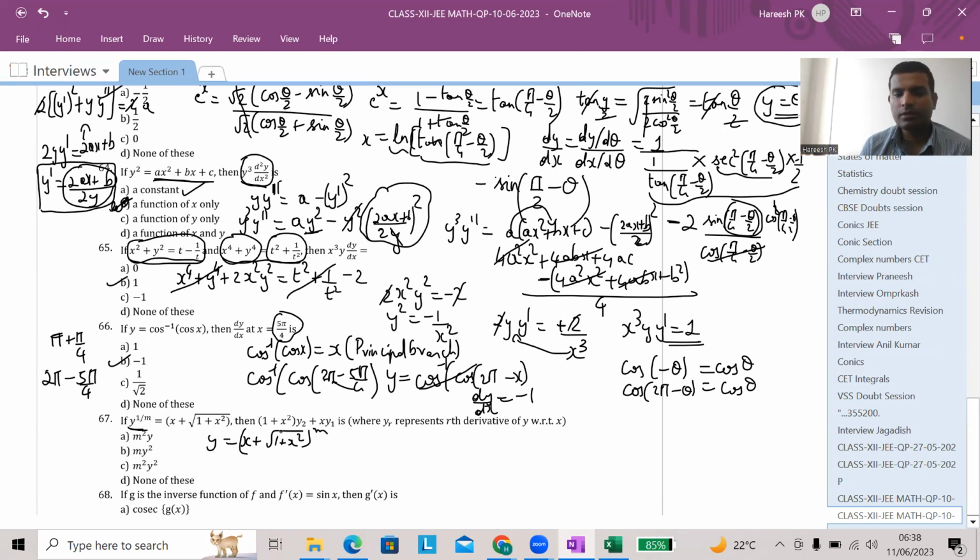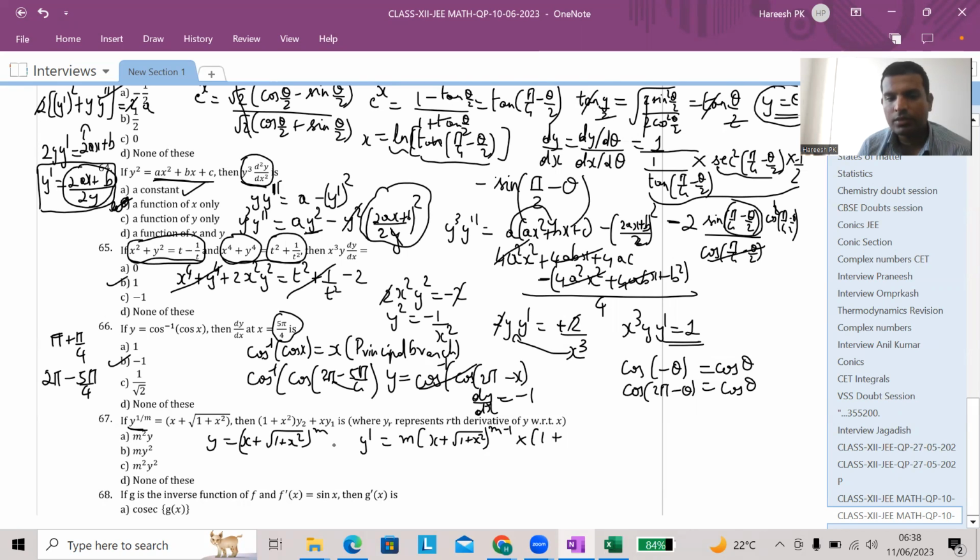Now when you differentiate on both sides, we end up getting y dash is equal to m x plus root 1 plus x square power m minus 1 into derivative of the inside function. So derivative of x is 1